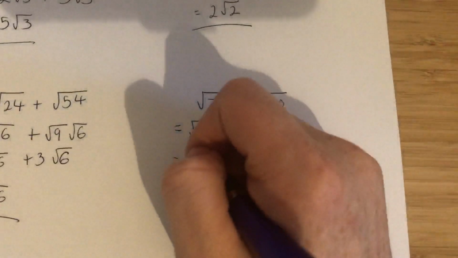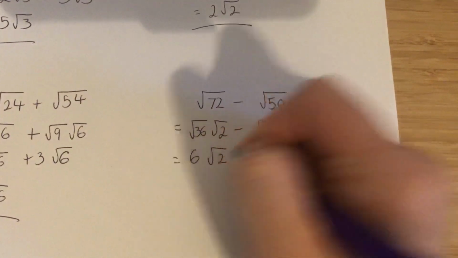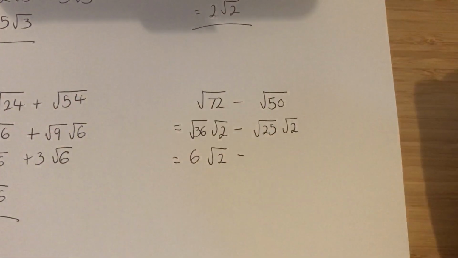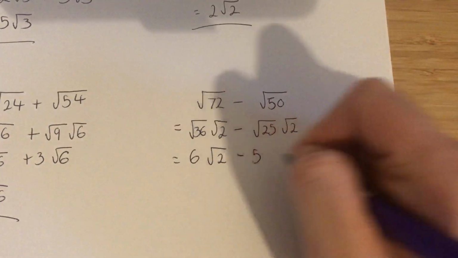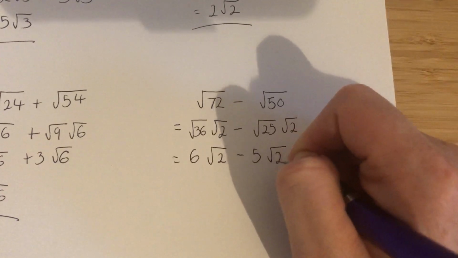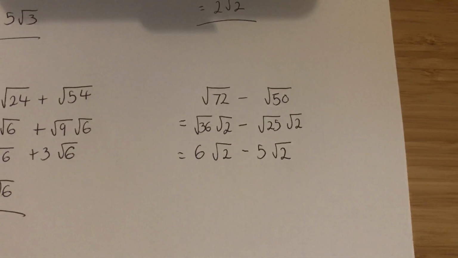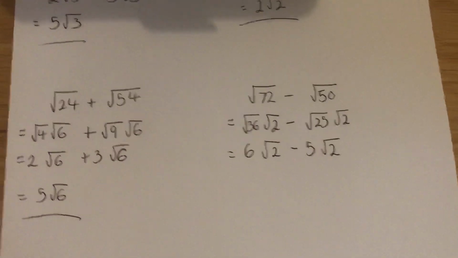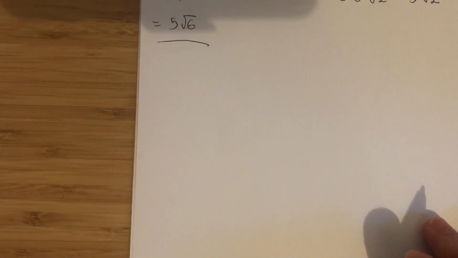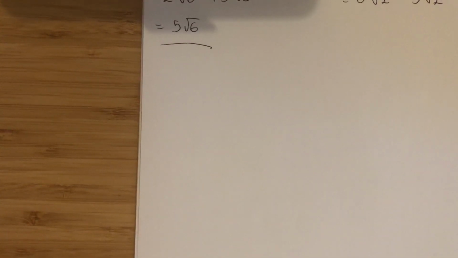Square root of 36 is 6, so we've got 6 root 2 minus square root of 25 is 5, so we have 5 root 2. Right, I'm going to do one more, and I'm going to do square root of 18